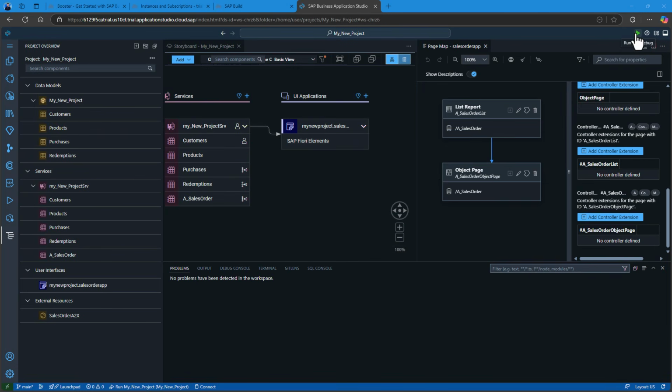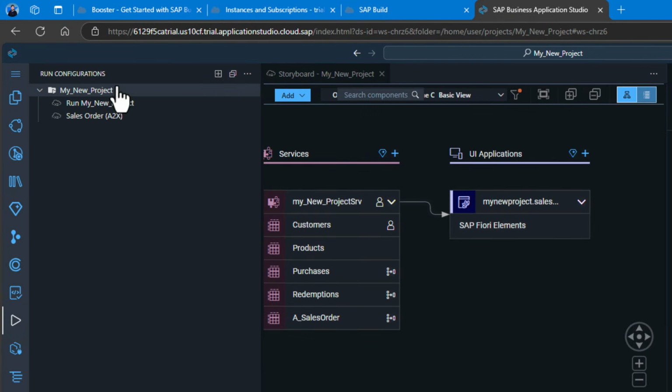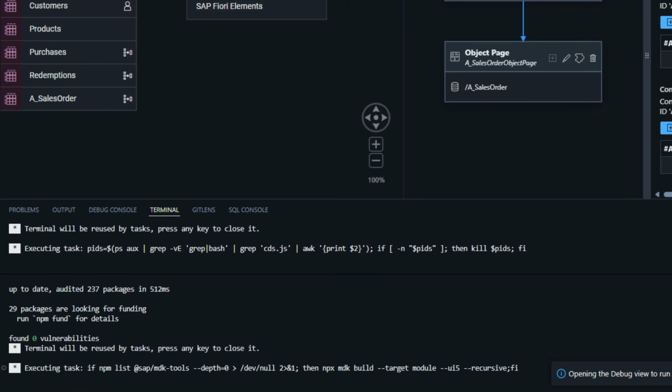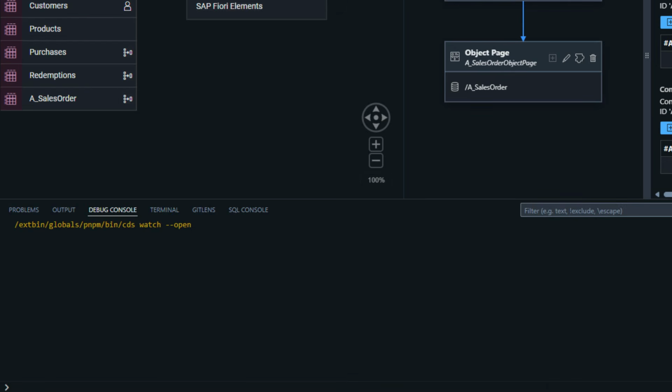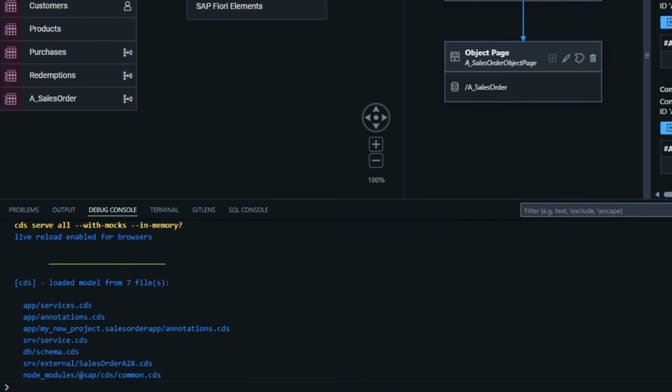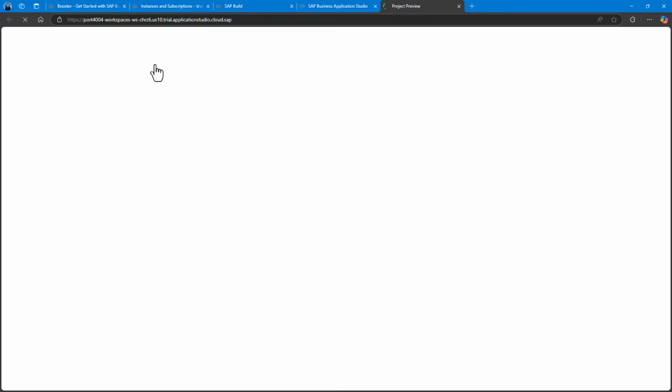Let's test our application again so we can see this newly generated UI. Now, I could run it from the top where I did before, or I can go to Run Configurations and choose from different pre-built configurations. I'm going to start it that way this time. We're going to get the same results. It's going to start the CAP application, and as soon as it's running, it will open the preview tool in